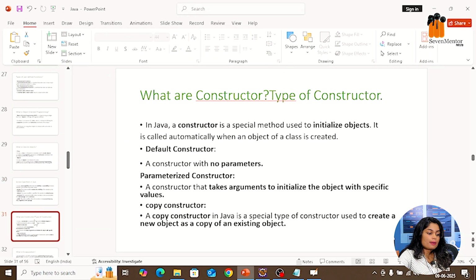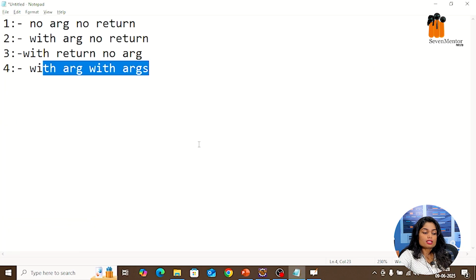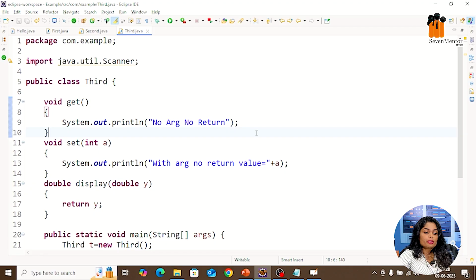Let's move to another part, that is called a constructor. What is a constructor, and why are we using it? A constructor is nothing but a special block of code for the class. Why is it called a special block of code? For blocks of code we have methods. Then why do we have to learn the constructor as well? Because a constructor is a special member.